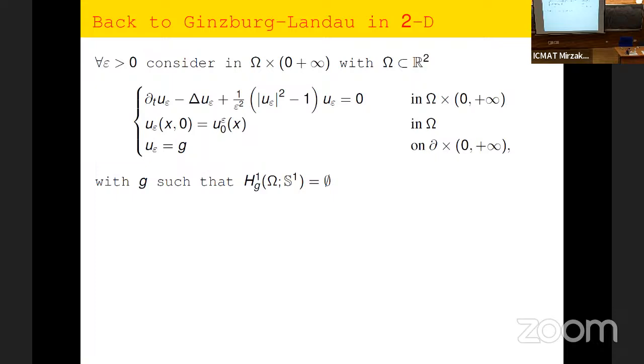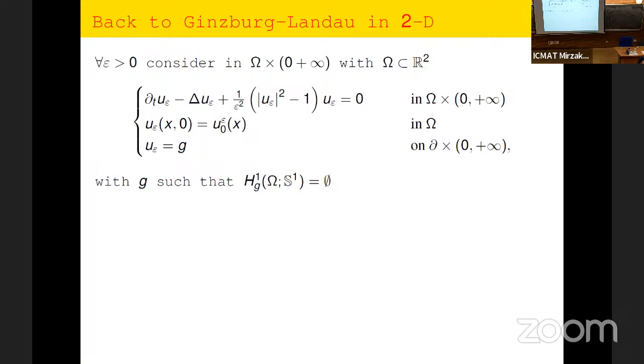Say, for instance, take omega to be the disk in R2 and take g to be the identity. Of course, now this equation is a semilinear equation which has a smooth solution for any positive epsilon, and now you want to send epsilon to 0. You realize that you don't have the evolution when you send epsilon to 0, and this is the content of the book by Bethuel, Brezis, and Hélein,